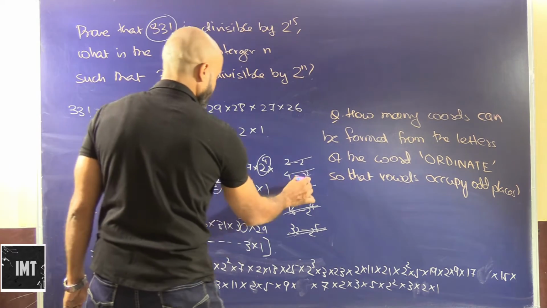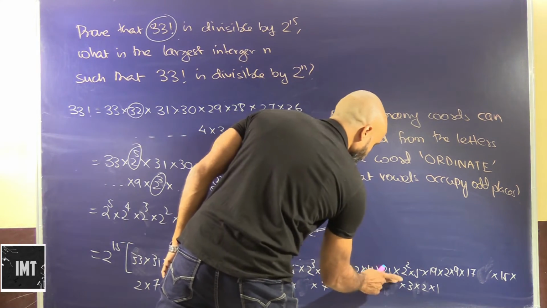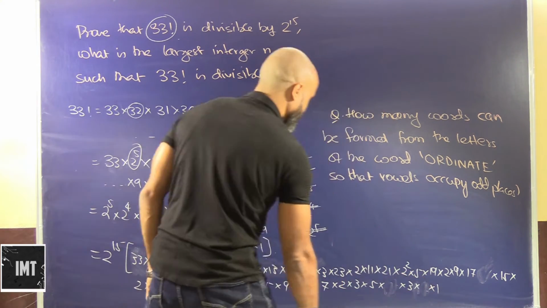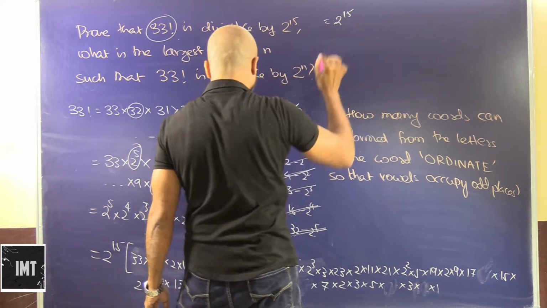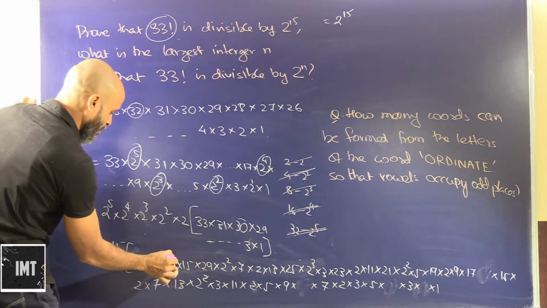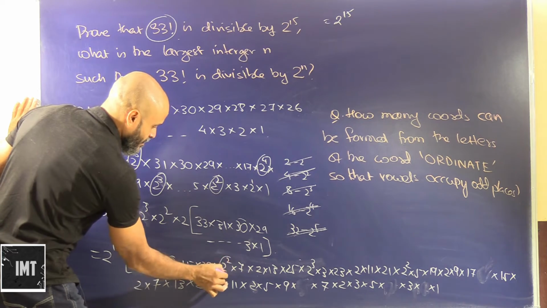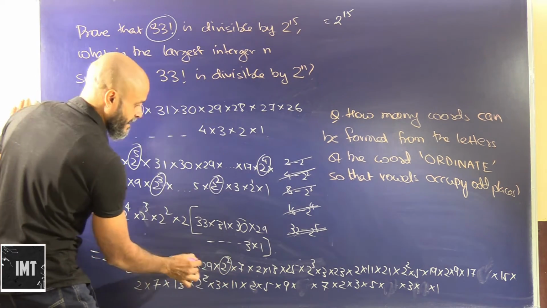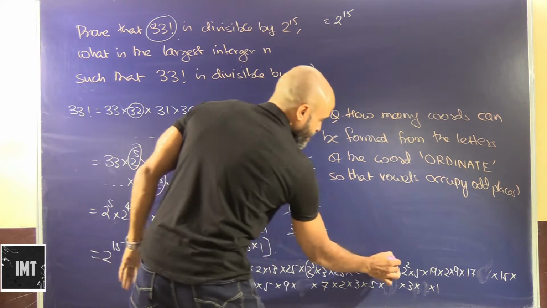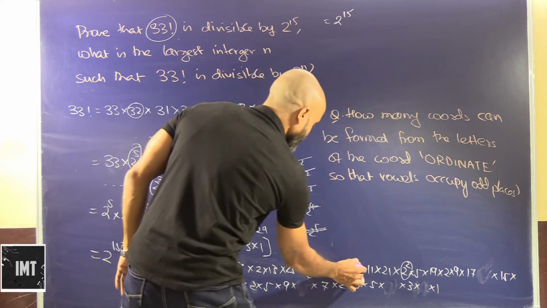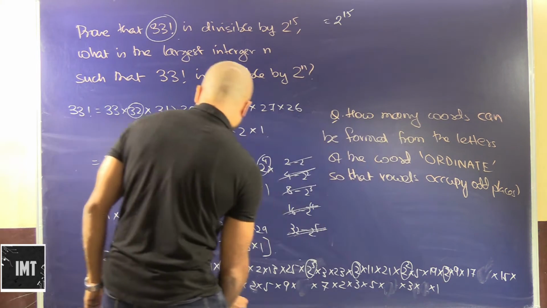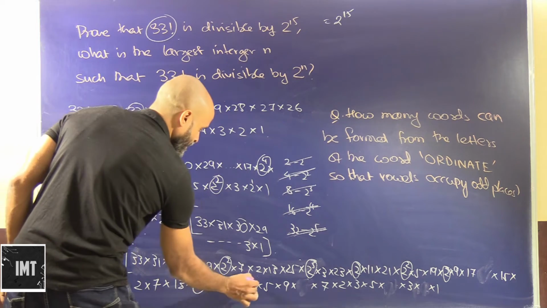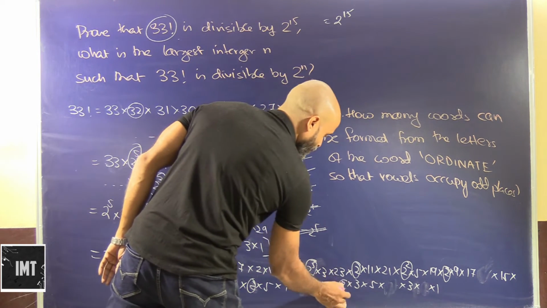Then we have to take out 2 square. So this has already been taken out, and this has already been taken out. So if we look into this, this will be 2 to the power of 15. Very quickly, if I take all these out, 2, 1, 3, 2 plus 1 3, 3 plus 3 6, 6 plus 7 8, then we have 1 9, then we have 1 10, then we have 11, 12, then 13, 14.